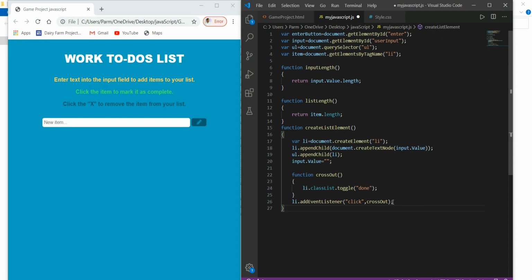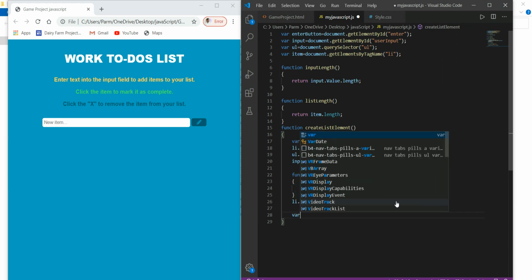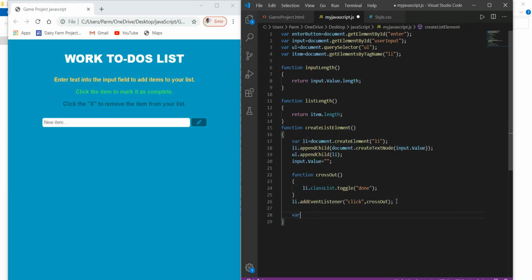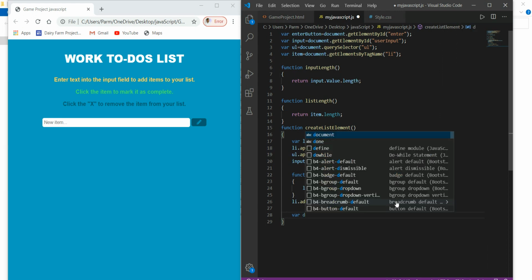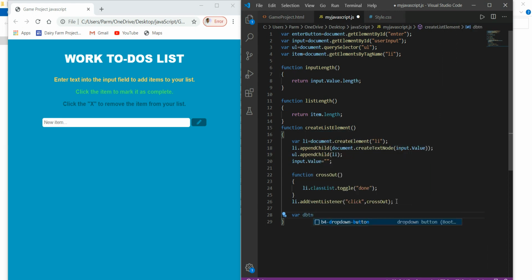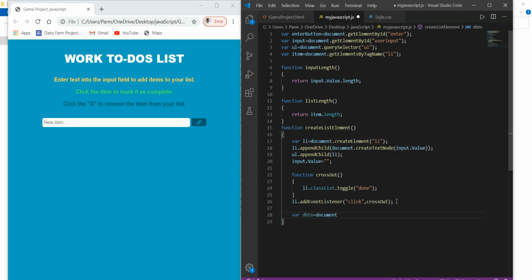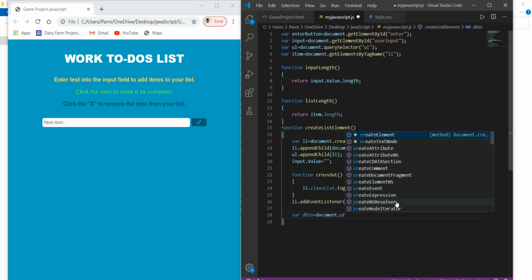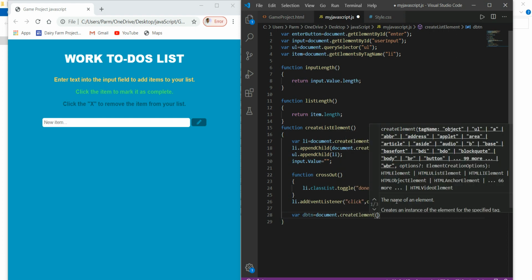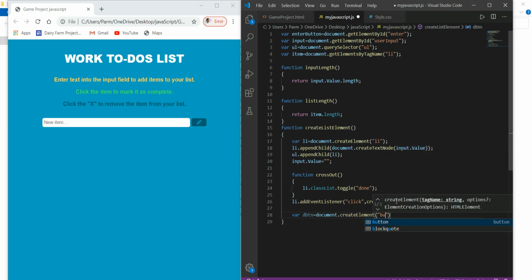So for that I am taking a variable, say deleteButton, and I am initializing it with document.createElement, and here I am going to create the element as button.